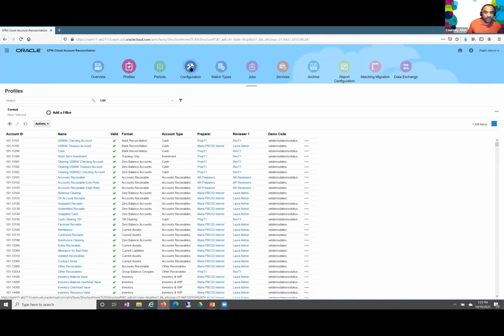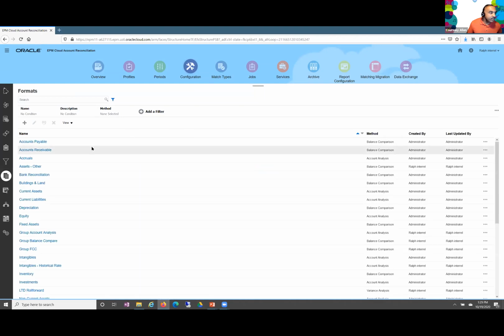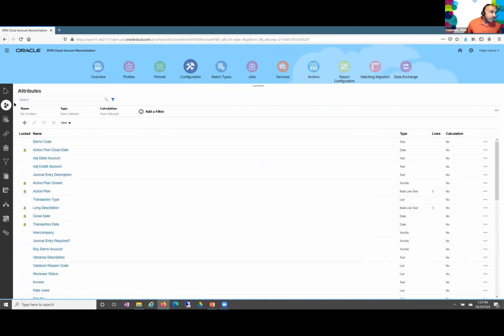Let's talk about the configuration as another area that the admin would work out of. In the configuration, you have attributes. These are both system, the ones with the lock icon next to them, or those that come sort of out of the box, system related attributes that you can make use of. You can set up your filtering on these. You can use them in your calculations. If you write rules to determine auto reconciliation rules, things like that, you can make use of these system attributes, or you can create your own